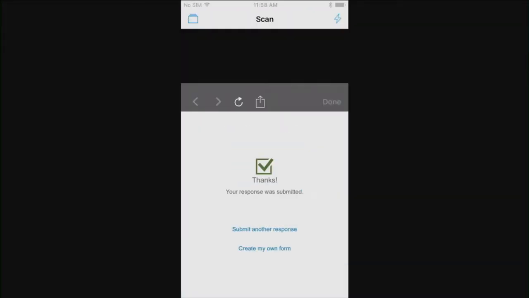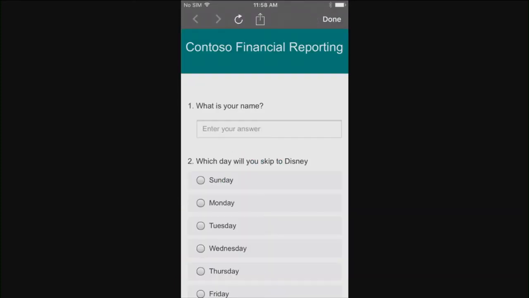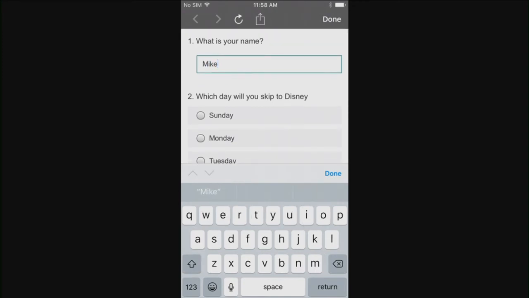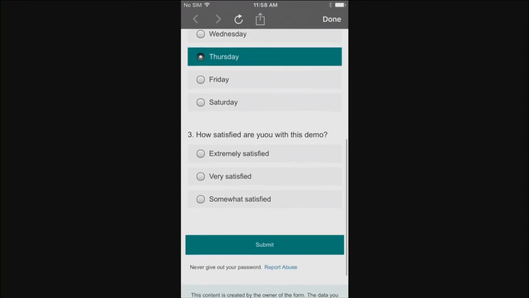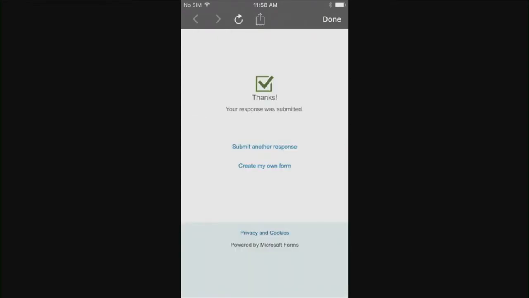All right, so for folks that can't see that, you can see what I'm going to do. I'm going to pull my phone here. You saw how it scanned it. And you'll actually see the survey show up right here on my phone. So I type in Mike. I'm going to go to Disney tomorrow. And I was very satisfied with my demo. And I will click that and click Submit. And there is my data. If you switch it back,